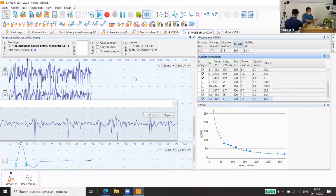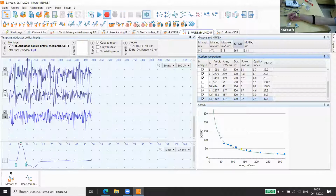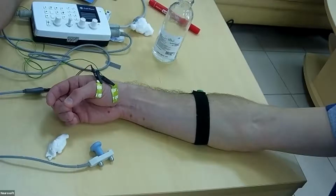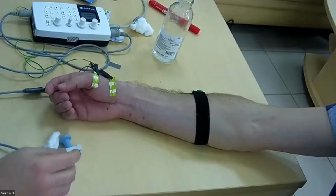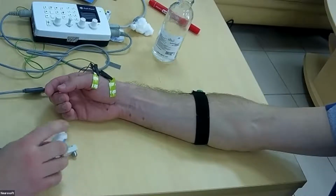Now we go into the next method. It's a CMAP scan. For that, we use again the same position of the stimulation, but we need constantly standard stimulation, so we will use